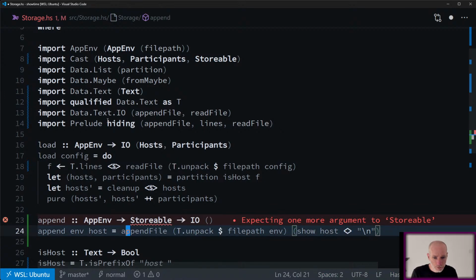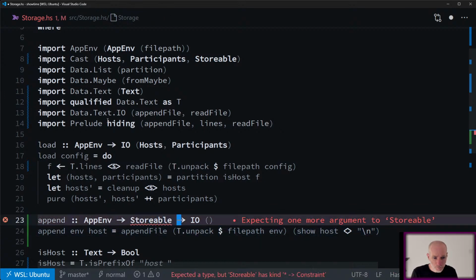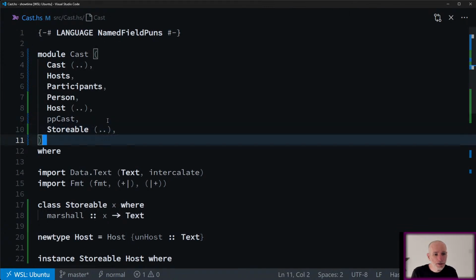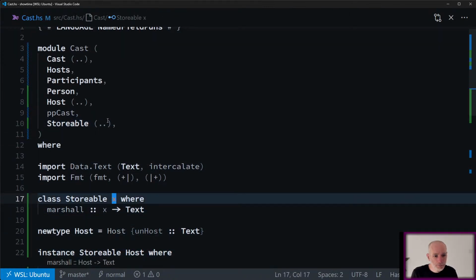And it's not going to be a host. Oh, I got that wrong. Expecting one argument storable because I said storable X, and I shouldn't have said that.